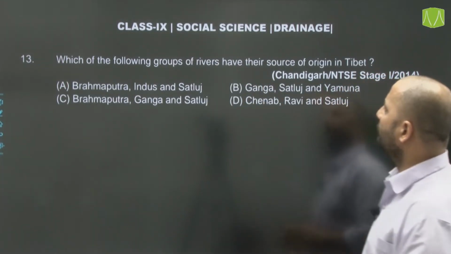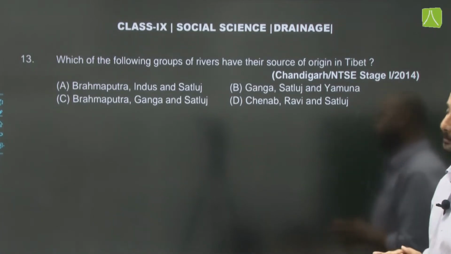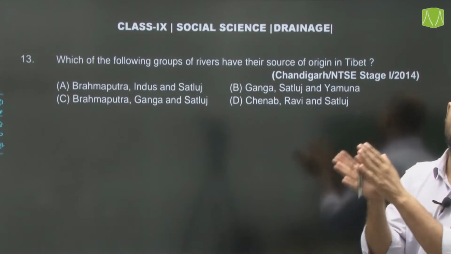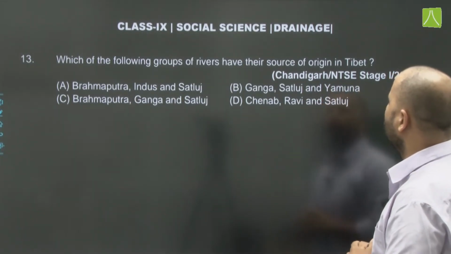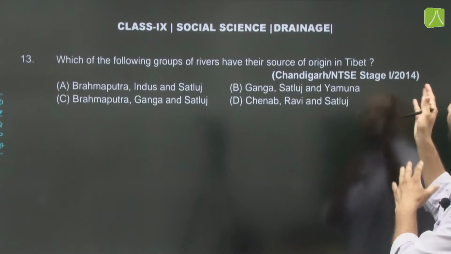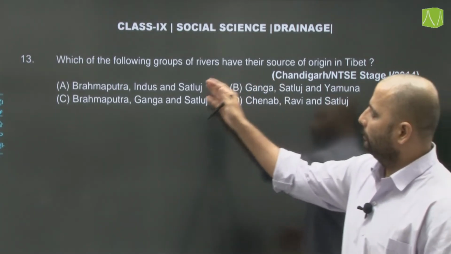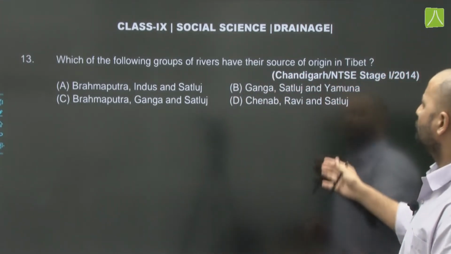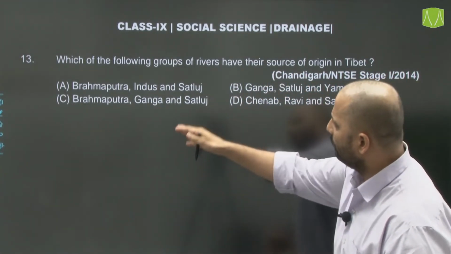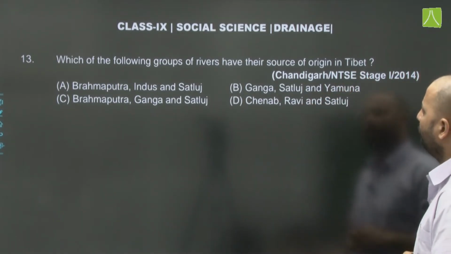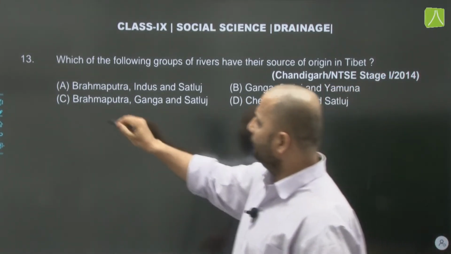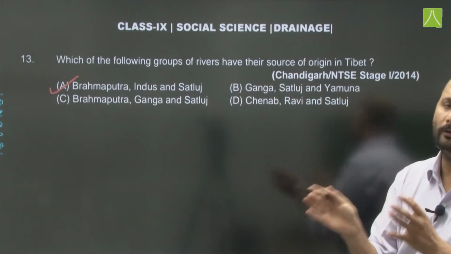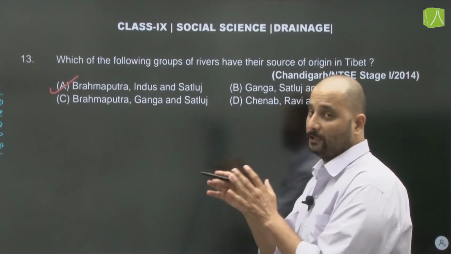Which of the following groups of rivers have their source of origin in Tibet? Now as we know, a lot of major Himalayan rivers have their sources of origin in Tibet. This question was from Chandigarh NTSE stage 1 2014. Out of the options provided here: Brahmaputra, Indus and Satluj; Ganga, Satluj and Yamuna; Brahmaputra, Ganga, Satluj; Chenab, Ravi and Satluj. Option number A will be the correct answer, as Brahmaputra, Indus and Satluj, all three have their origins from